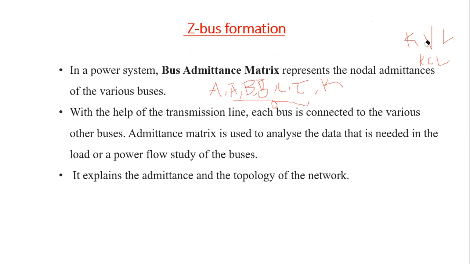In small networks we use KVL and KCL, and as we increase the number of nodes, we use the incidence matrix. The incidence matrix, KVL and KCL give more difficulties when the nodes increase. Suppose we take n number of nodes, in that case using the incidence matrix is a difficult process. In that case we form the ZBus matrix.